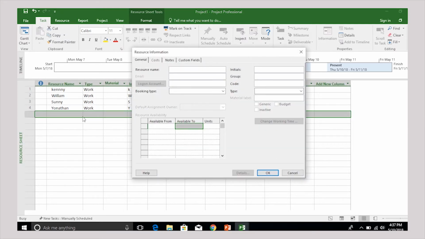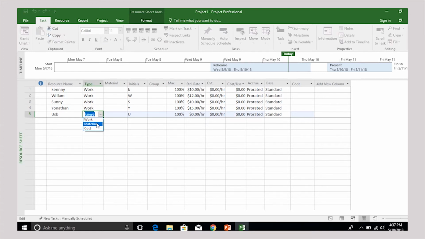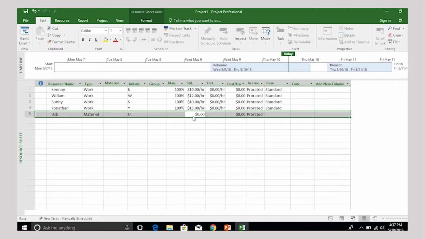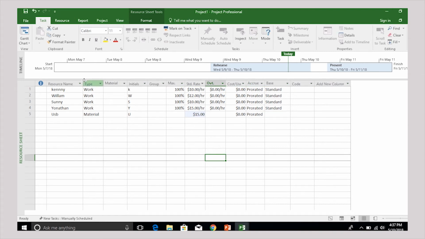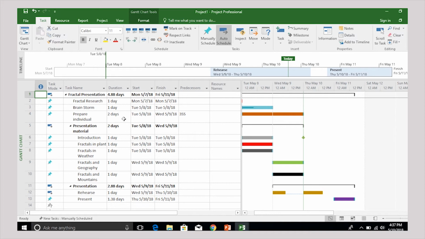And you can actually add materials such as I'm providing USB, which is gonna cost me, and you can actually select the type for material, so it'll be material, and you click here to type the price, so it's $15 per USB. Cool. So once you have all the employees, you click here, go back to the chart,